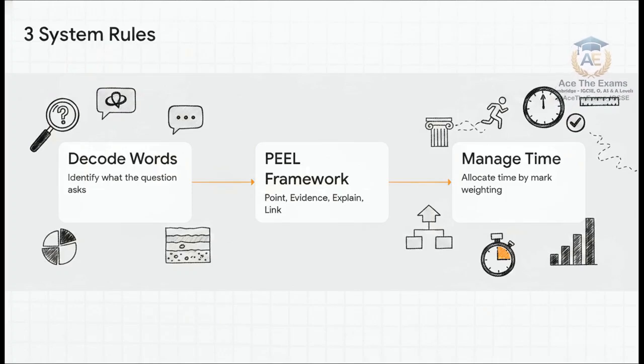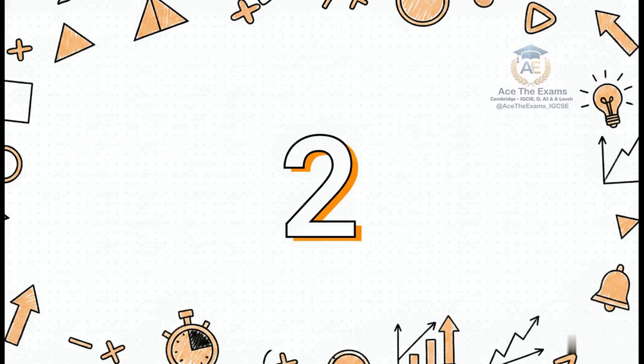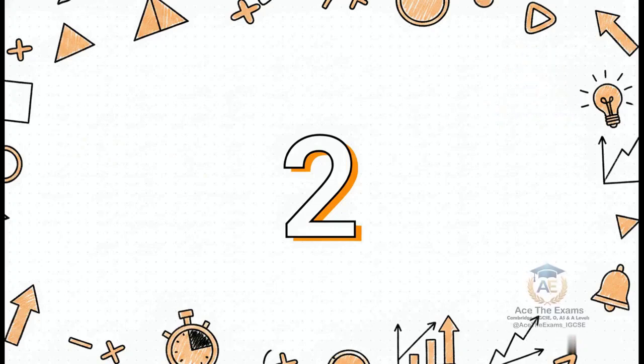And Rule 3. Time management matrix. Don't spend 10 minutes agonizing over a 2-mark question, and definitely don't rush blindly through an 8-mark problem like our friend Sam did earlier. You have to allocate your time directly based on the specific mark weighting of the question in front of you. And why does all of this meticulous strategy actually matter? Because of the number 2. Students who implement these mathematics strategies see an average improvement of 2 grade boundaries, but only if they practice consistently